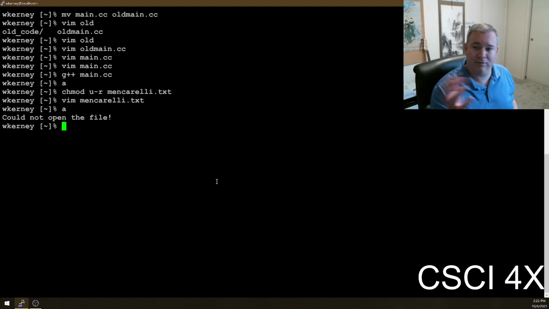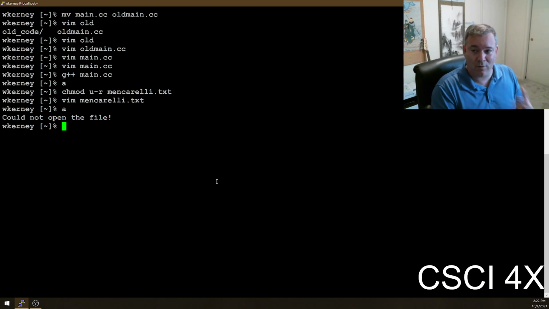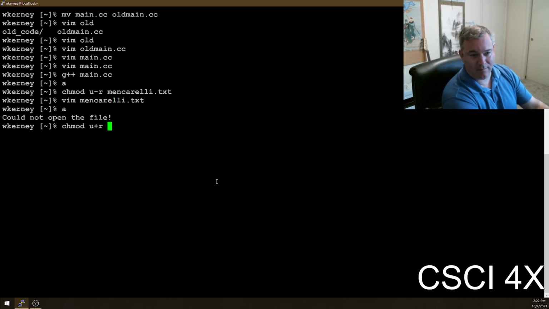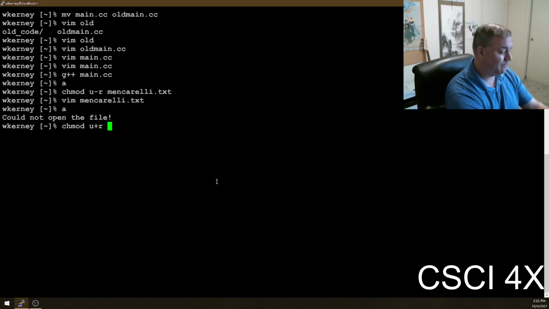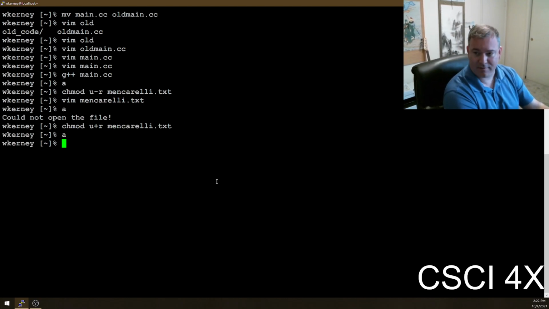If you're on a file server, the file server could go down, so you're trying to open a file on a file share and it's just not there. Whenever you're working with a file, the first thing you should do is make sure the opening was successful. And if I want to grant myself read permission back, it's u plus r, that means the user, me, plus grant read permission. Now if I run the program, it doesn't error.